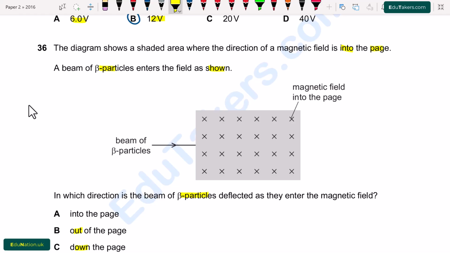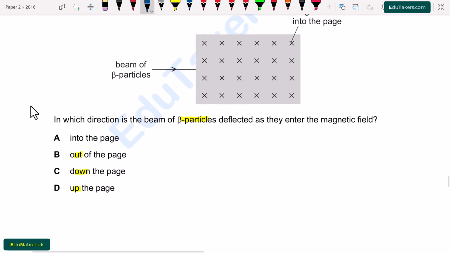Here I use the Fleming right hand rule. According to this rule, keep your hand parallel to the plane of the magnetic field such that the thumb should point towards the direction of the force. Move the index finger perpendicular to the direction of magnetic field and force. Index finger will show the direction of the current. So the direction of the force will be down the page. From here, option C is correct. I circle option C.